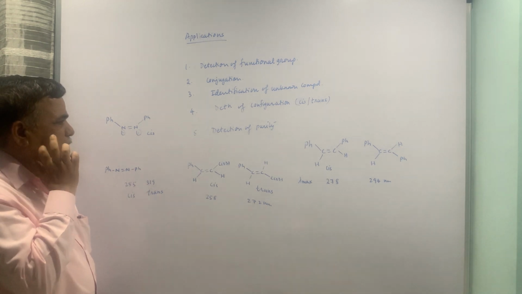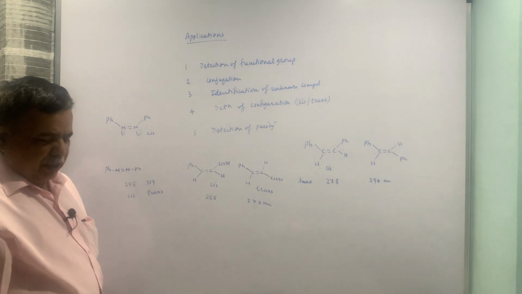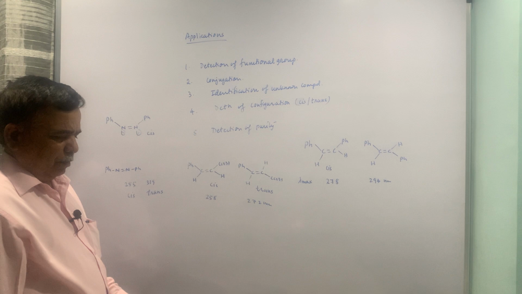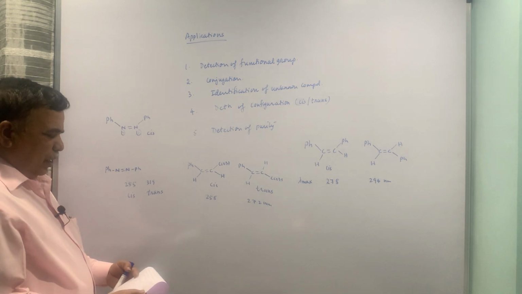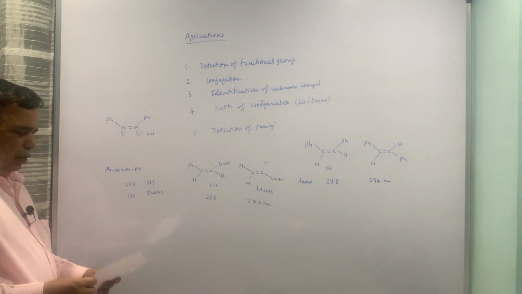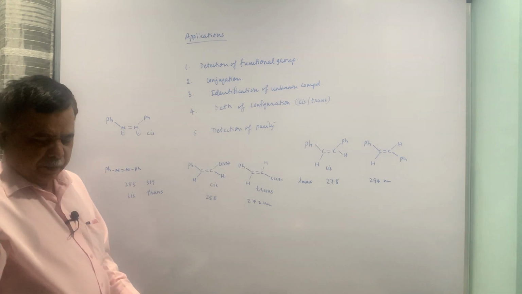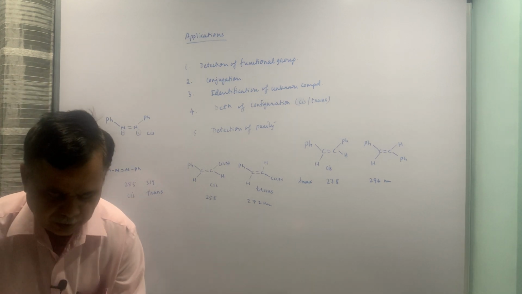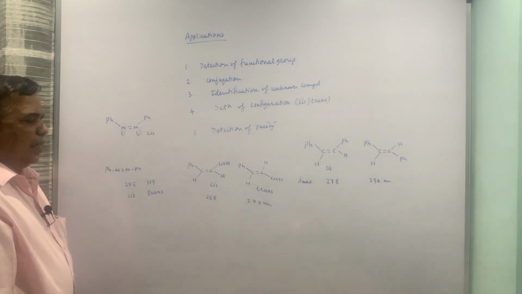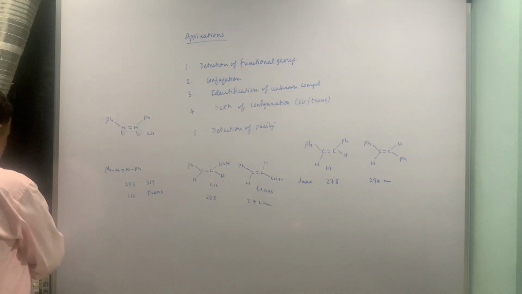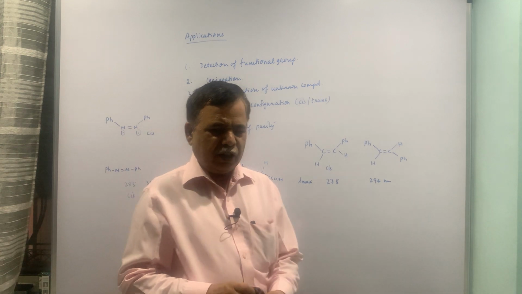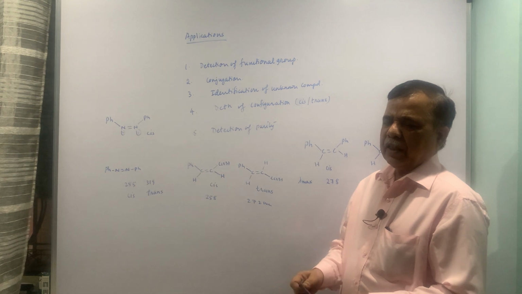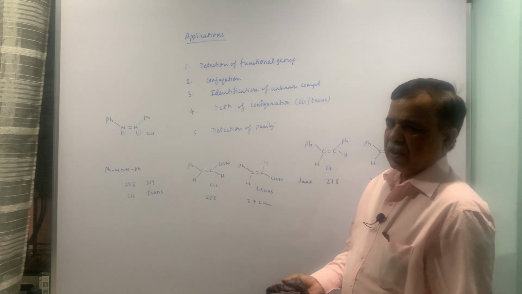And detection of purity, you need to have an authentic sample for the same, and you can determine the purity of the compound also. Okay. Now this is all about the UV spectroscopy. So just to recap, in UV spectroscopy, the electromagnetic light is absorbed, you get electronic transitions, and those transitions are useful because a wealth of information can be derived from them, and that can be used for the structure determination of organic compounds.